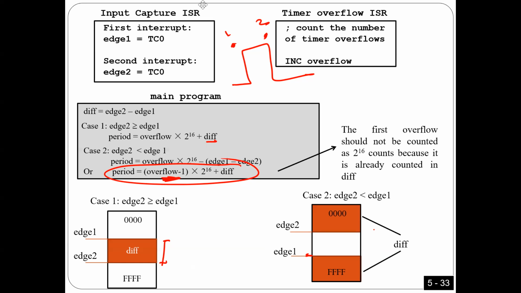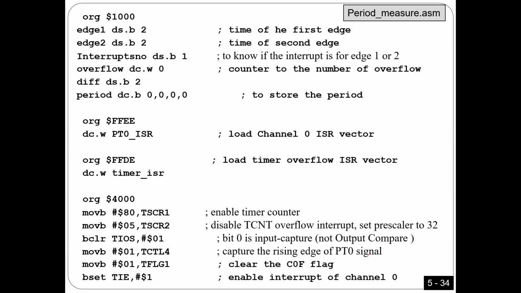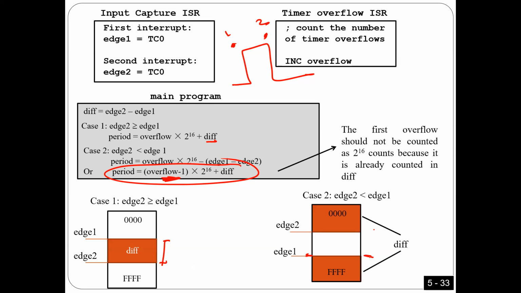oops, okay, I'll almost finish. So what happens if I start here, look here, guys, if I start from here, I'm going to trigger an overflow. This overflow should not be 2 to the 16, the first one, right? So then I come here, stop here. That means I didn't make a complete round. This is not the case here, okay? The case here, look here, guys. If I start from here and then go all the way from here to here until I stop here. Yes, this one should be 2 to the 16 because you made a complete round plus this part.